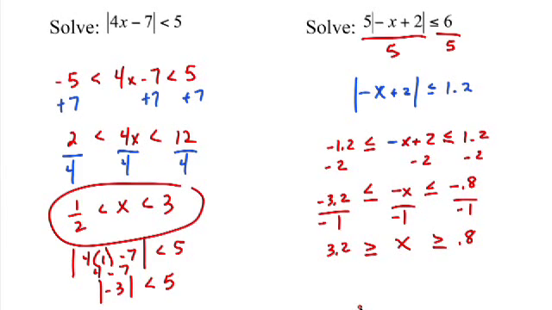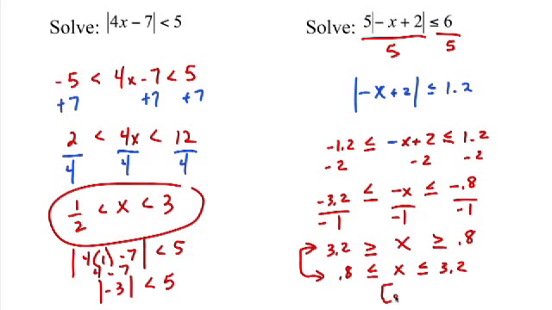Hopefully that might help. You might not like how that looks, and normally it's more appropriate to flip this around and write it this way. I know this drives some students crazy, but these two things mean the same thing. We're essentially just reading it in this direction rather than in that direction, because we always want the smaller number on the left and the larger number on the right. So if the problem you have has the larger number on the left and the smaller number on the right, then you want to flip it around. I hope I said that correctly.